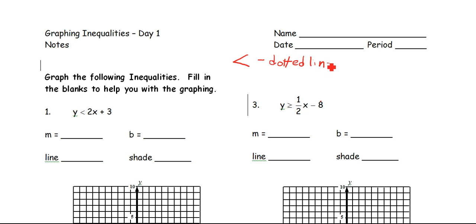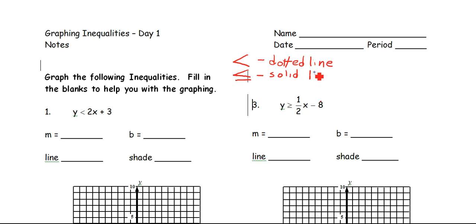Okay. All less thans will be shaded below the line. Now, if I have a less than or equal to, that is a solid line. And what that means is when you have a solid line, that means any point on the line will solve the inequality. Whereas with the dotted line,